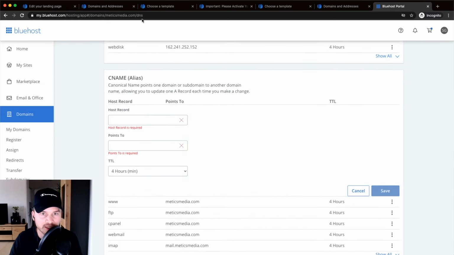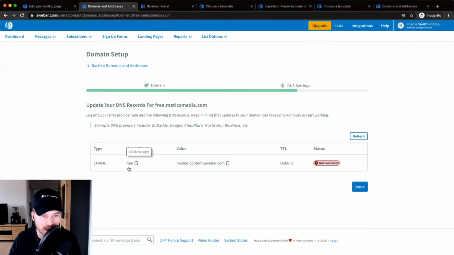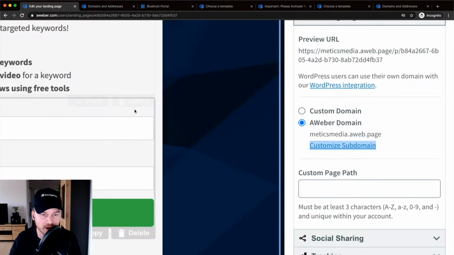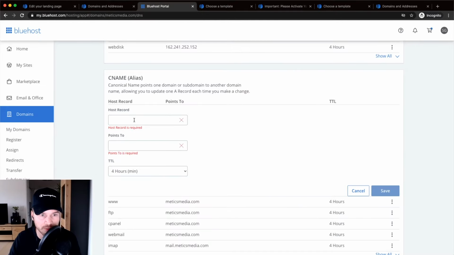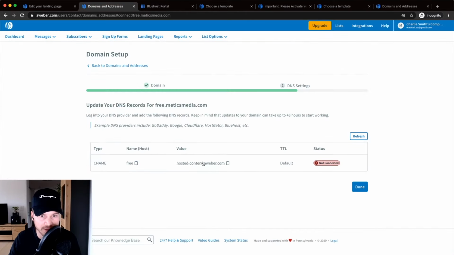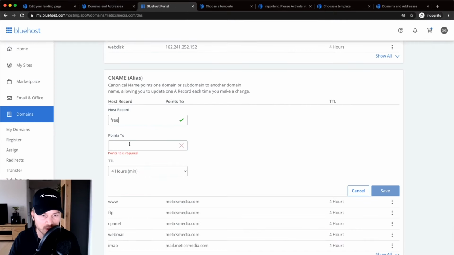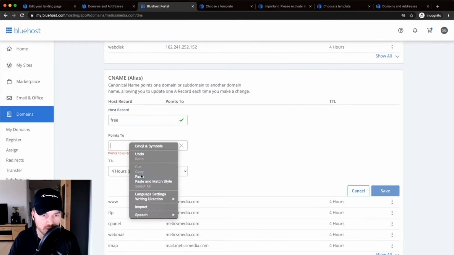And then I just have to paste the information that they give me here. So the host name, as you can see here, would be free. I just click on it, and then it will automatically copy to my clipboard. Then I paste it in this field right here, and then points to this address. So click on it to copy it to your clipboard, go back to your hosting provider, and then points to